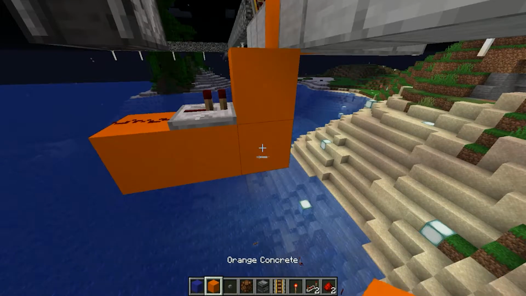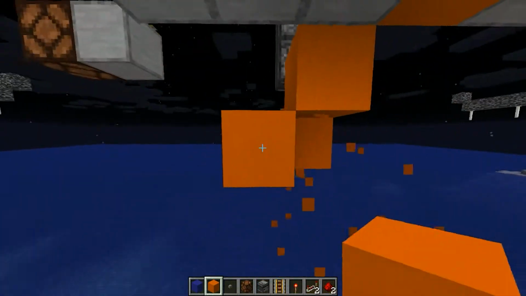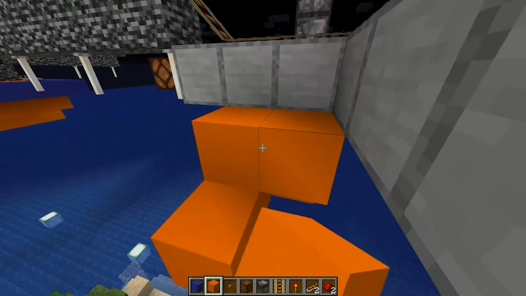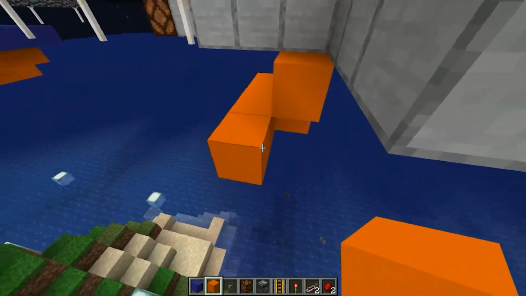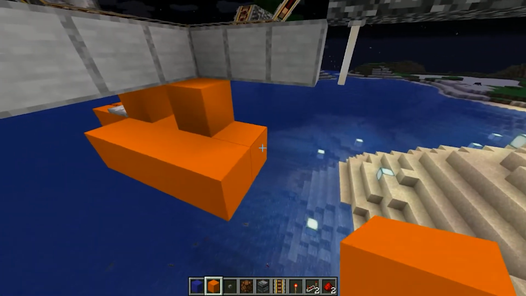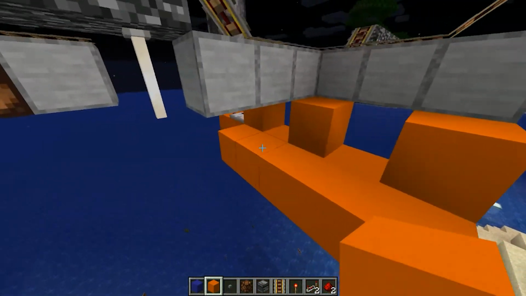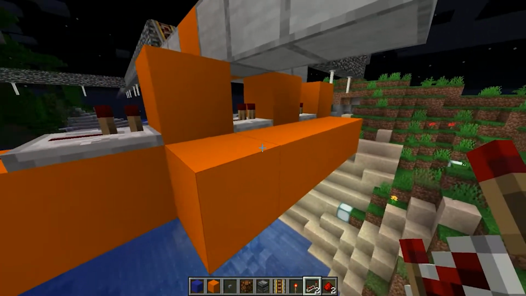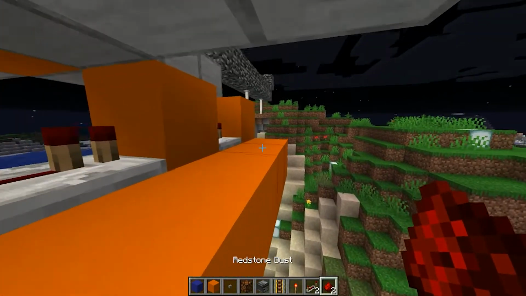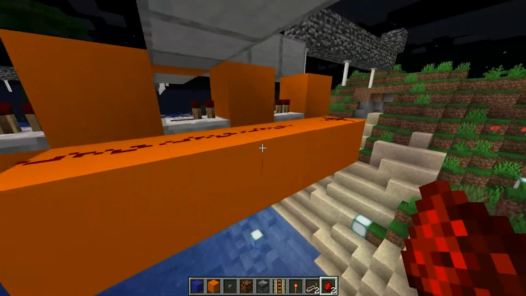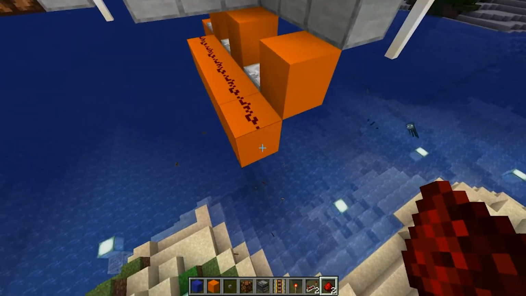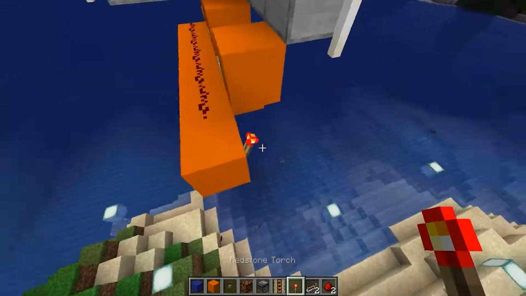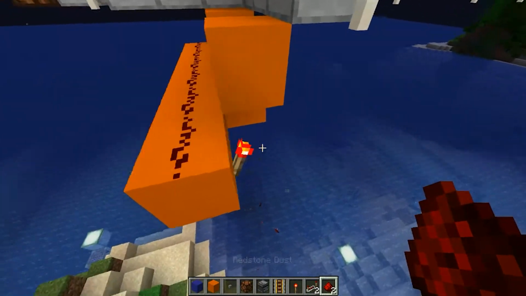From here, you actually create the pulse extender, which is visible in the first version of this device, which involves several repeaters running along this line. So, repeater, repeater, and we'll run redstone all the way down here. For this last block, you'll place a torch, redstone there,